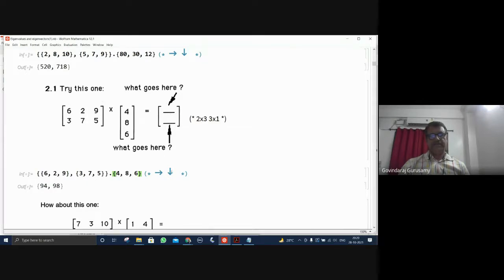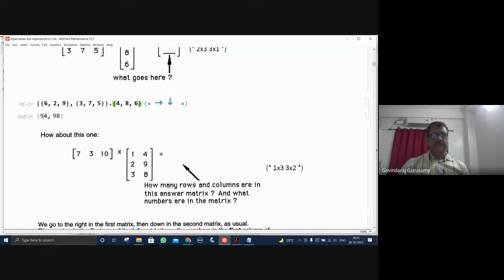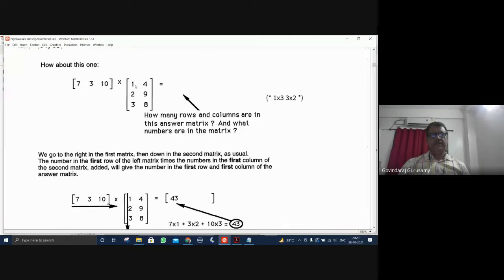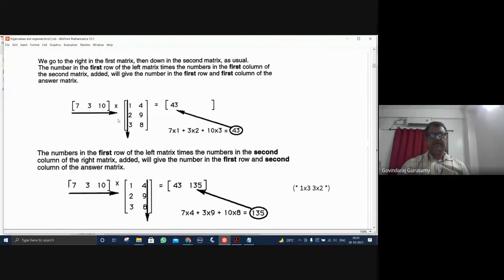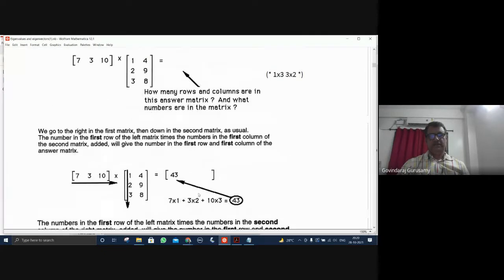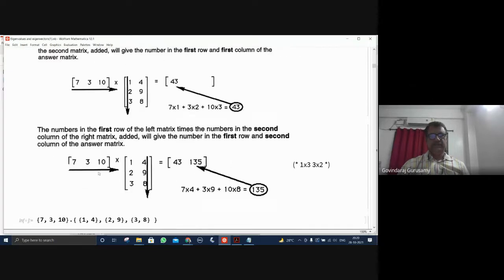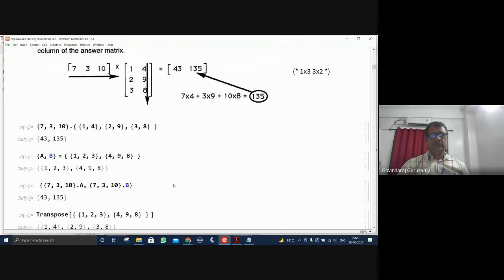Okay, 2 rows and 1 column. That's the result. No, 1 row, 2 columns. Okay. Similarly, here you have a 1 by 3 and 2 by 3. You multiply that, and similarly here, of course, this is all a simple explanation of how to multiply and get those numbers that have been given here, and that leads to 1 by 2, which is the number I have explained to you.